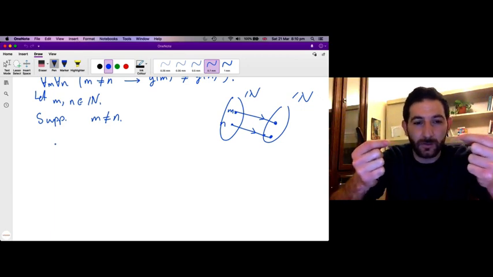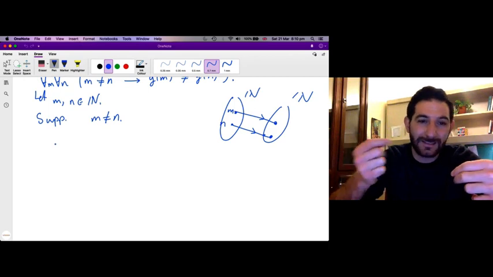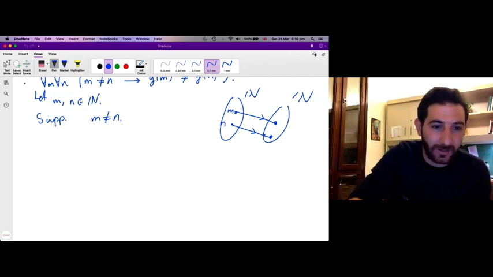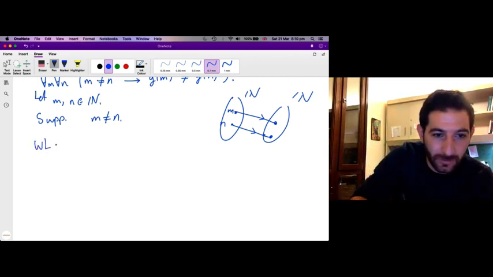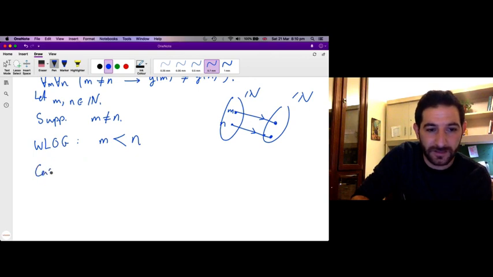Since they are not equal, we have two choices left: either m is less than n, or n is strictly less than m. Without loss of generality, we write: suppose that m is strictly less than n. Here we have two cases. Case 1,